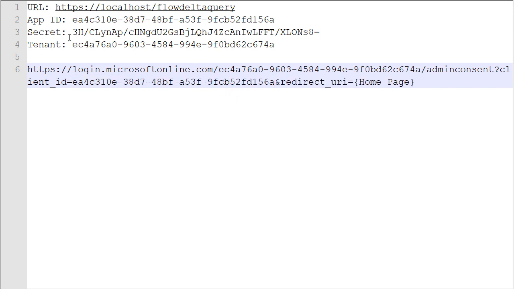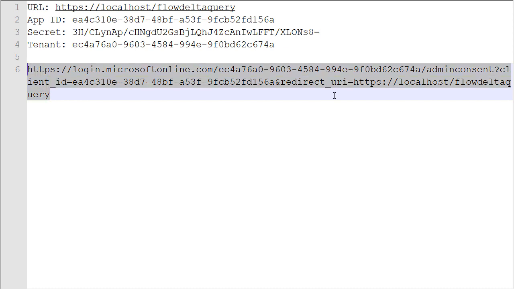Finally, you want to copy the URL that we used as the redirect URL, or that home page parameter from our app that we created in Azure Active Directory. Once you have all of that, paste that into a browser window